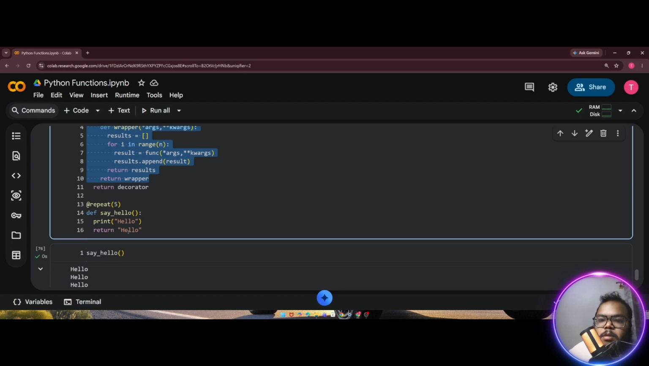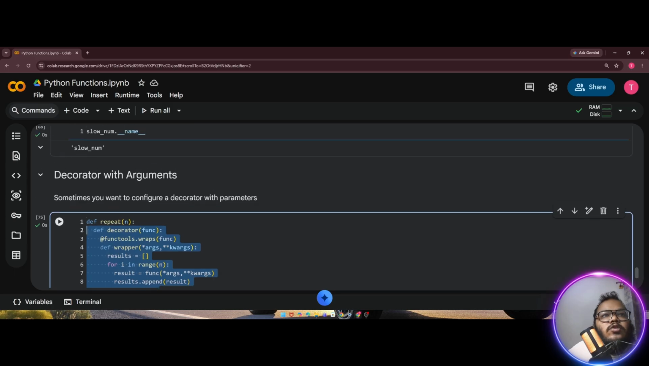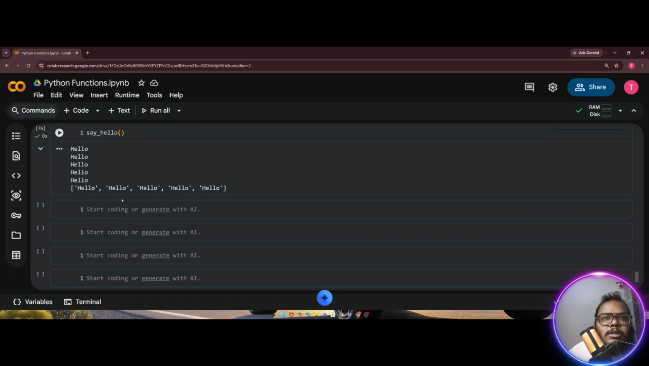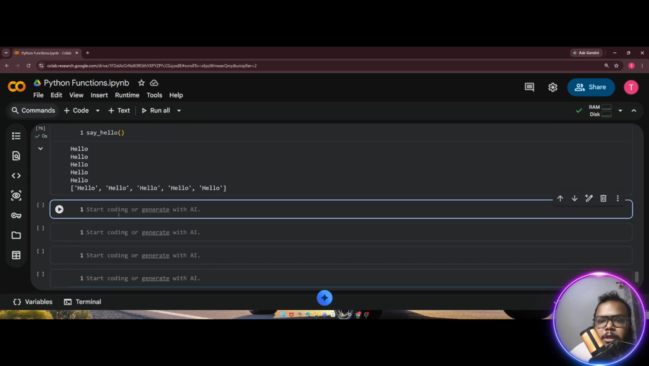All right, so what I do, I'll show you another example. I mean, some useful example I'll show you. So this example would be a configurable